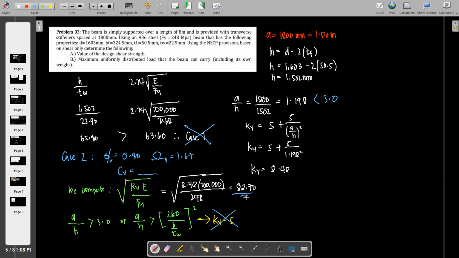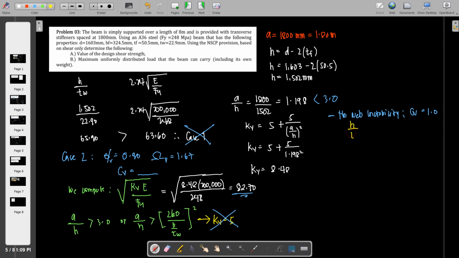Of course, this shall be our criteria now in comparing HTW, no? Kapag no web instability, you just have to say na CV is equal to 1 provided that